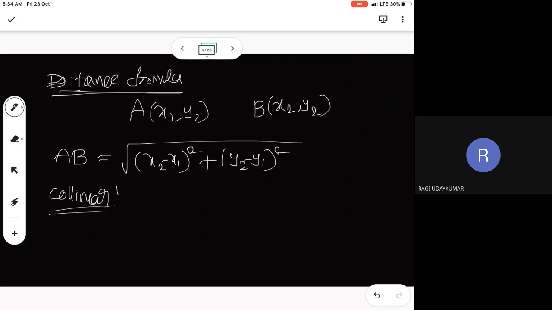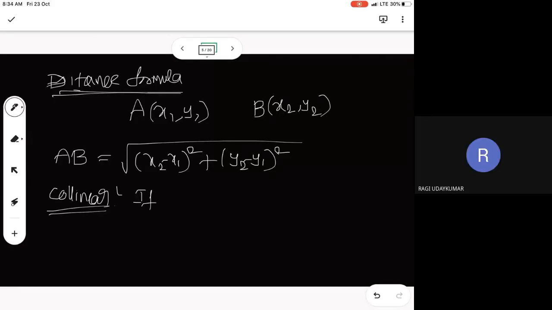Anyone? What is meant by collinear? Don't know. No one knows. If 3 or more points lie on the same line,